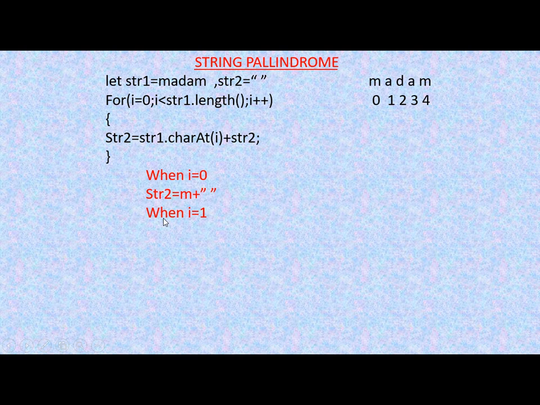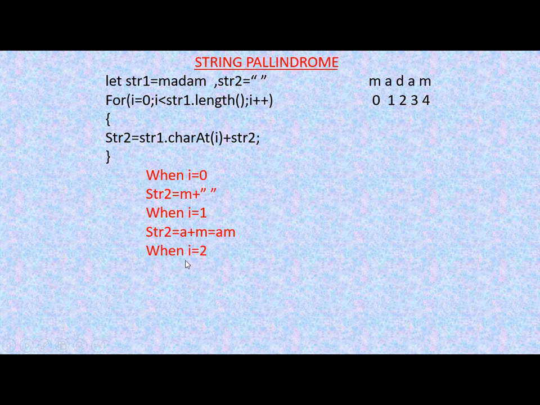Now when I is equal to 1, then str2 will be equal to character at ith position. So what is the character at 1 position? That is a. So here it will be a plus str2. What is str2? Here str2 is now m. So a plus m. So this will give am.